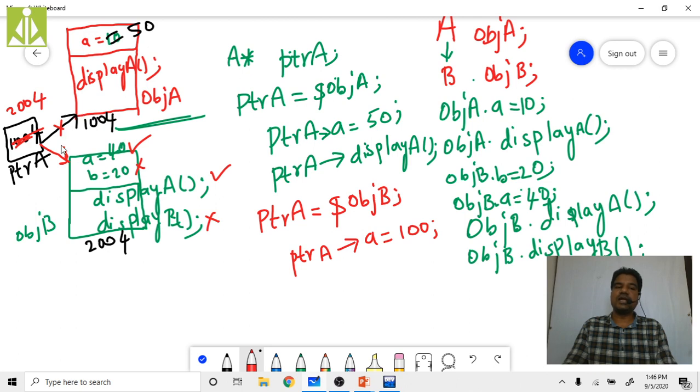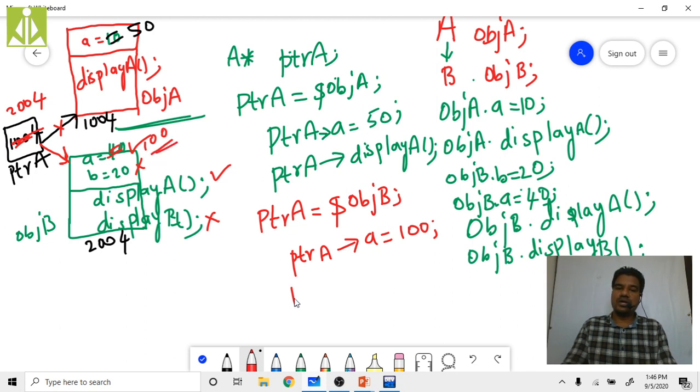We have removed that connectivity. So doing so will not change this 50. Rather, this 100 will get reflected over here. It will change the A class data member which is there inside the derived class, that is the B class. So this 40 will get replaced and you will get 100 over here.